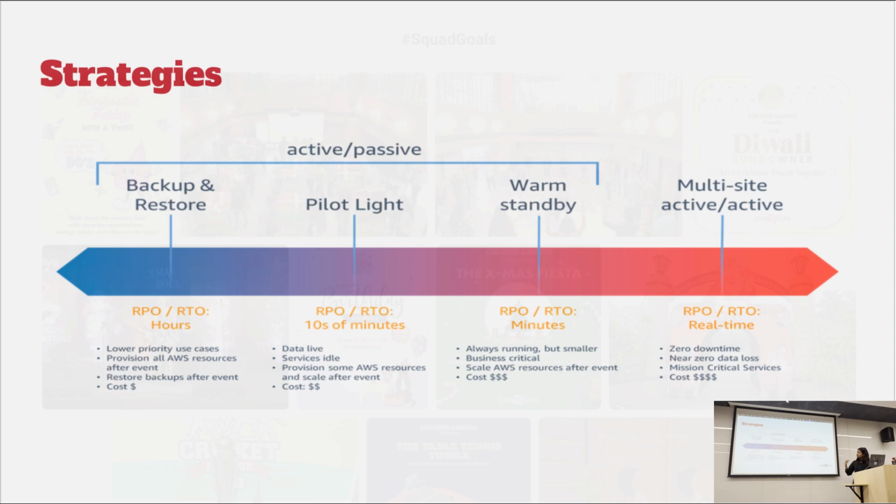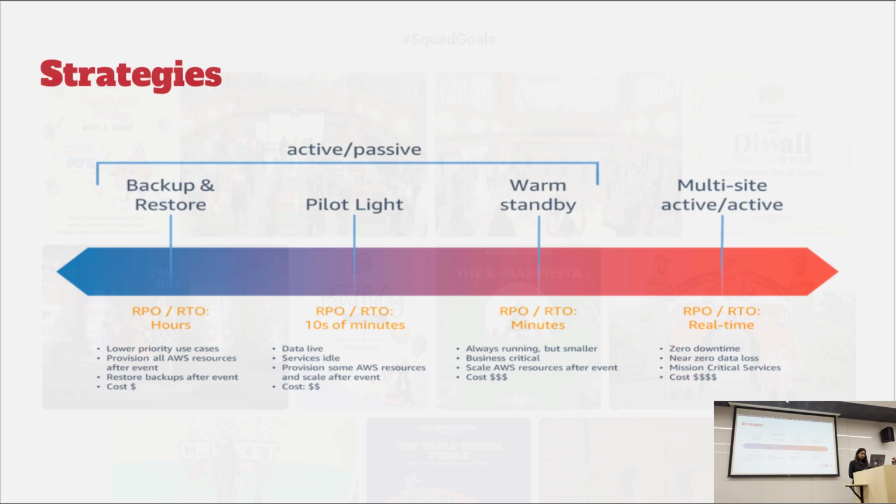So again, when we move more towards the right, to warm standby, what we do is we are always running, but with smaller capacity. That means, for example, if you are running an instance of 16 core CPU and 8 GB of memory, let's say, in the DR side you will be running on 2 core and 2 GB. So you are running on lower capacity, but you are always running. So again, your cost will increase a bit more than pilot light as well. But then your RPO and RTO will again reduce to minutes, because even if your production system goes down, you can directly divert your traffic to the other DR site, right?